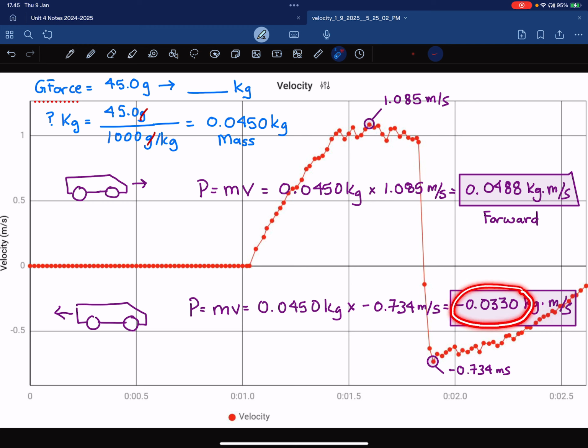In theory, momentum should be conserved, and so whatever it had in the beginning, it should have at the end going the other way. But of course, there's energy lost in the collision, etc., etc. That is what you'll be investigating during this laboratory. But this is how the calculations are done. Good luck, and if you have any questions,